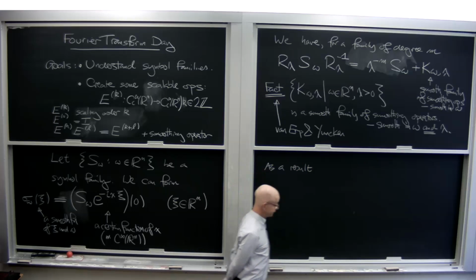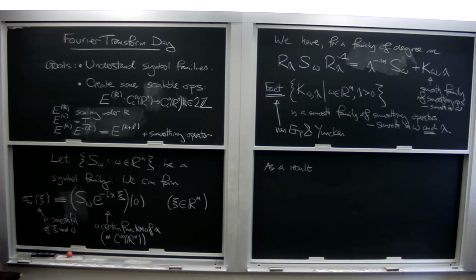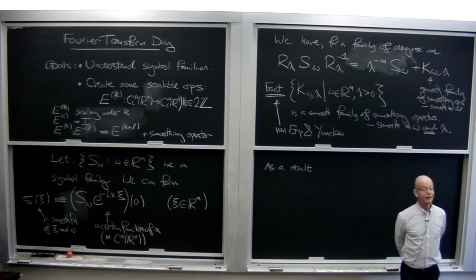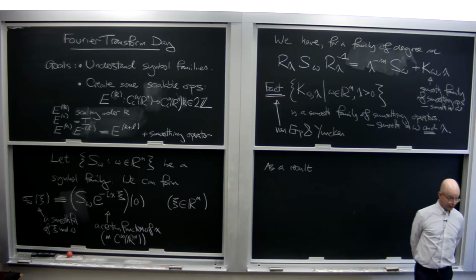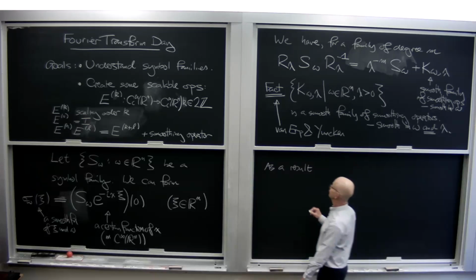what you can do is take the relation at the top and think of it as a family of relations, a smooth family of relations in some sense as lambda varies, and you can differentiate it with respect to lambda. It's best to think of lambda as e to the t, then differentiate with respect to t, and then set t equal to 0. And that derivative is going to exist, and what it will tell you